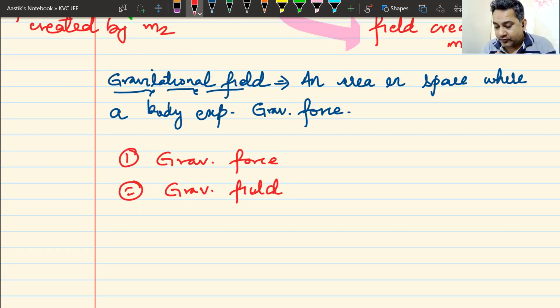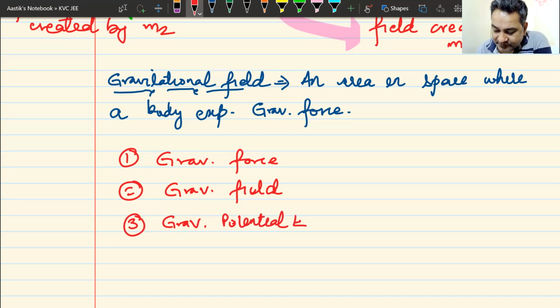But are we deviating from the actual topic? Our actual topic was not gravitational field or gravitational force. It was potential energy. But this potential energy is associated with this field or force, so that is the third thing that you must understand. Since gravity is easier to understand, it becomes easier for gravitational potential energy.